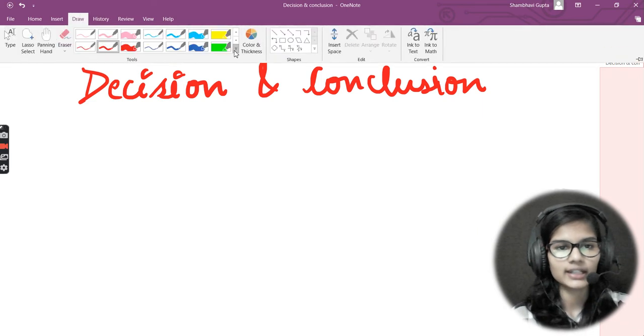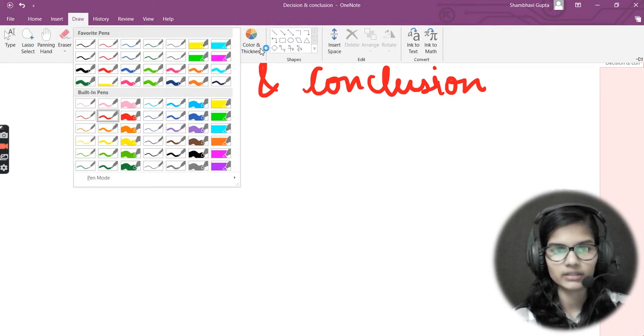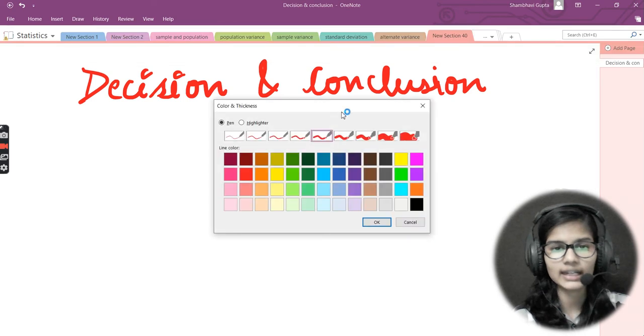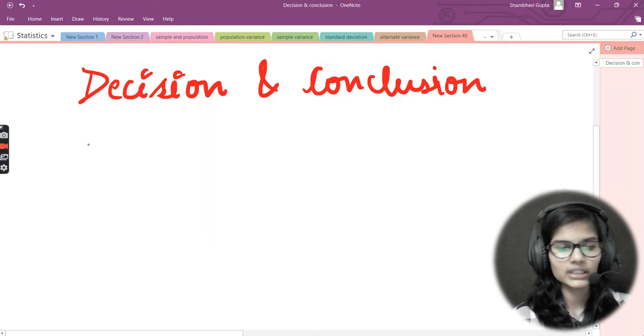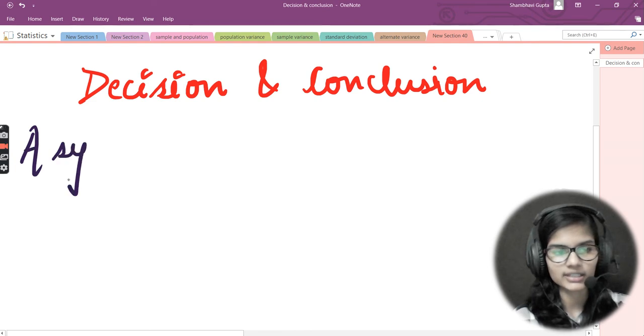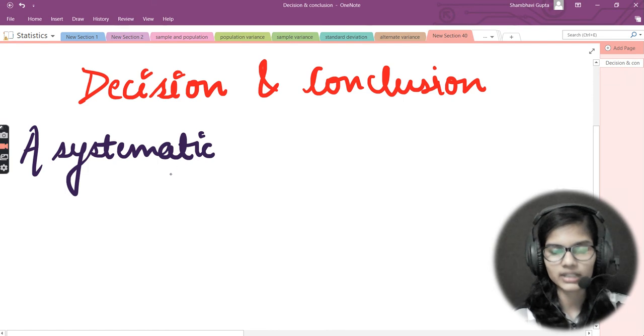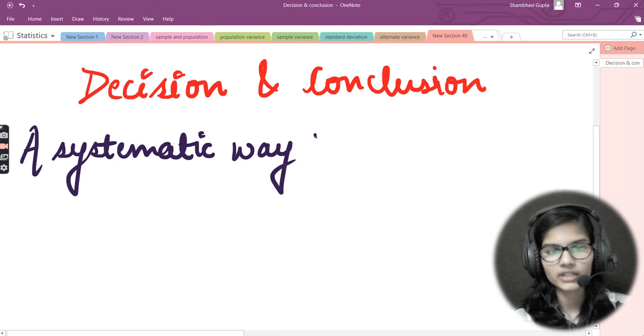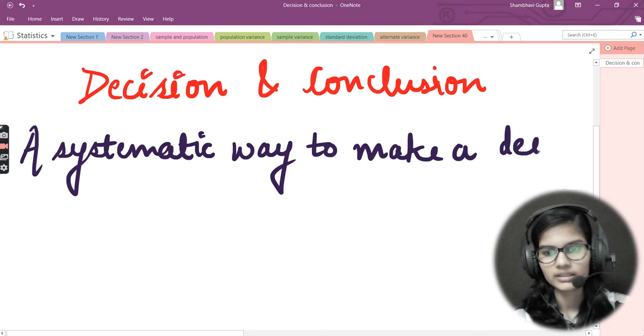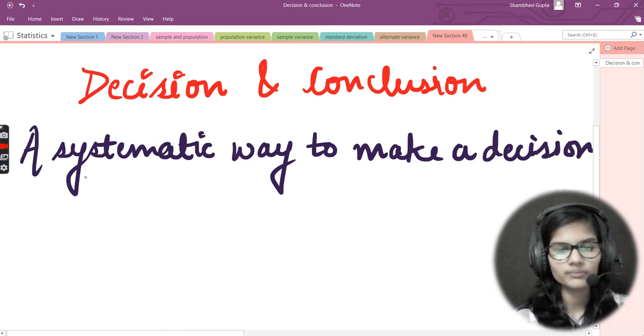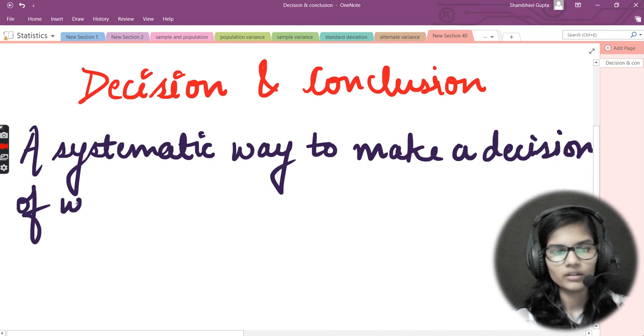Let me take a different color so that we can start writing here. I will start writing a systematic way. For making a decision, we have several conditions that I'll be telling you right now. So, a systematic way to make a decision. Let me write the correct spelling of decision, like this. So a correct way to make a decision of whether